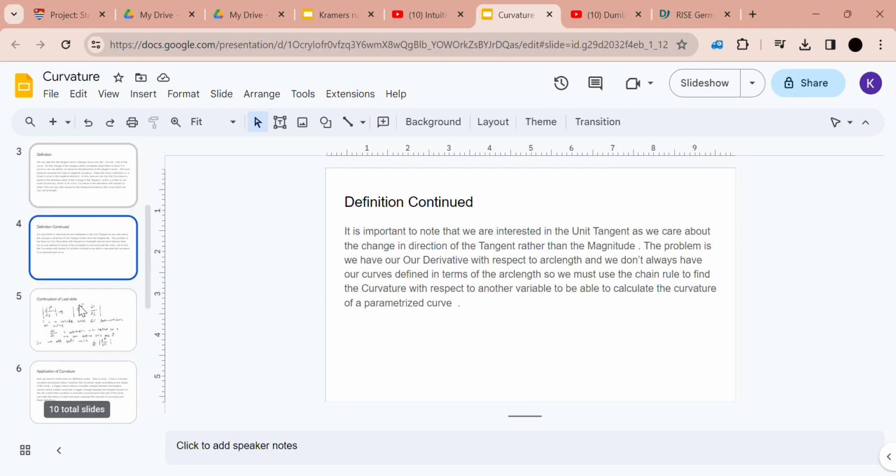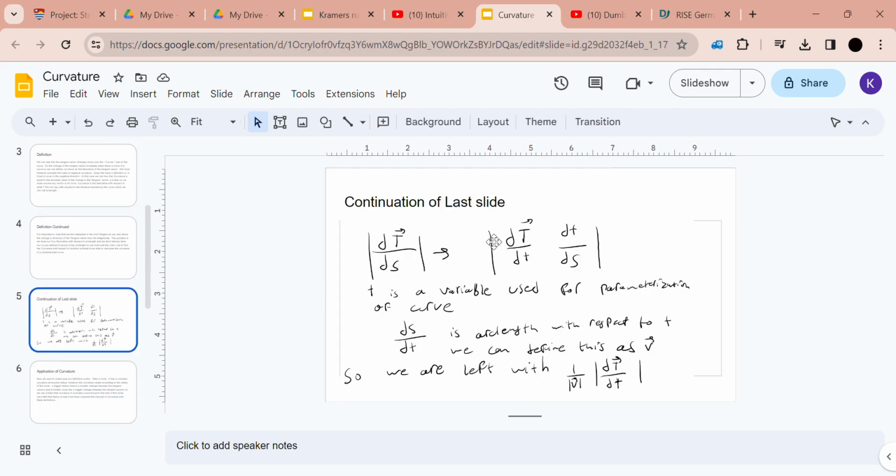Let's look at the math. So we said, let's define T as the unit tangent vector. This is the change in the unit tangent vector with respect to arc length. If we perform a little chain rule maneuver, we can write this as the derivative with respect to another variable, call it t, time, distance, whatever, just for parameterization of the curve. And we look at the second term that we just introduced, dt over ds. This is just the inverse of ds over dt, which is